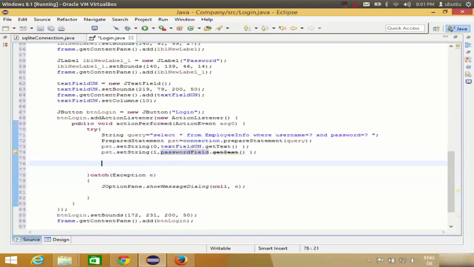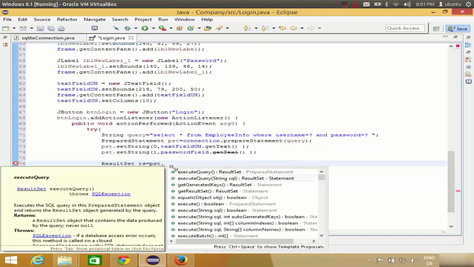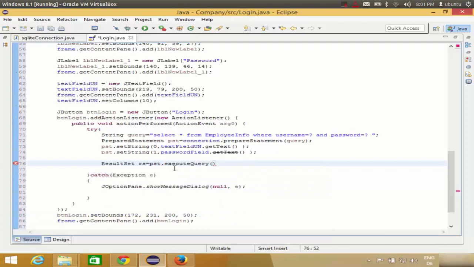Now I want a result set, right? So I will write result set. I will name it as rs is equal to, and then this result set will execute my query. Okay, so what I can do, pst, which is my prepared statement, this is the statement I prepared, dot execute query. Whatever query I pass in that statement, I want to execute that query. Okay, so now whenever I execute, this query will be executed and the result will be transferred to this rs